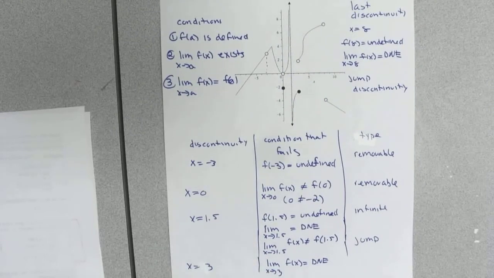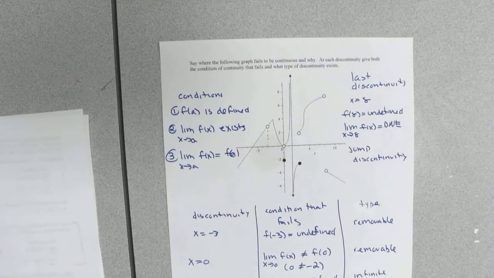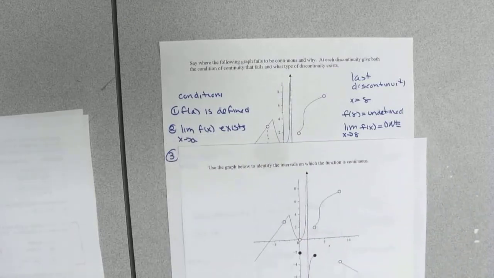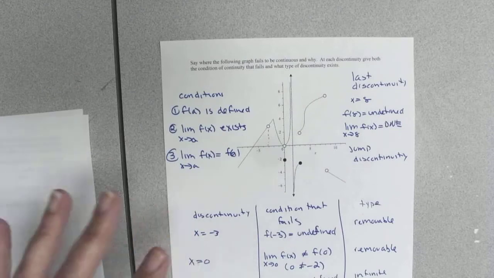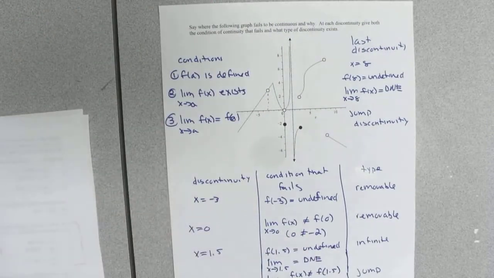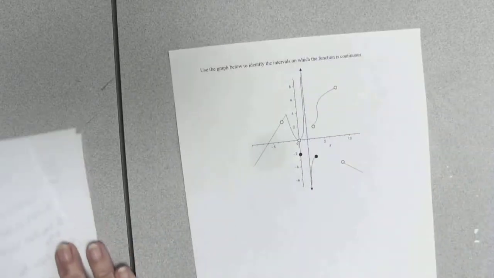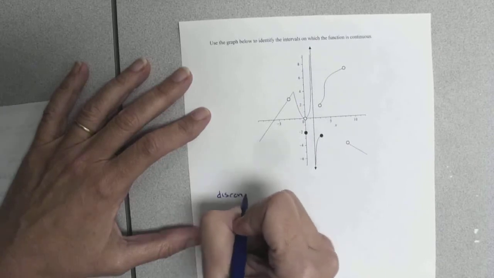Okay, next video. So here's the problem we just did. And this was worded, say where it fails to be continuous. Where is it not continuous? Where are the discontinuities? We've got the exact same graph here, but this time the instructions say identify the intervals on which the function is continuous. So it's kind of the same question but different wording. Here they wanted to know where it was discontinuous. Here, where is it continuous? So it is discontinuous